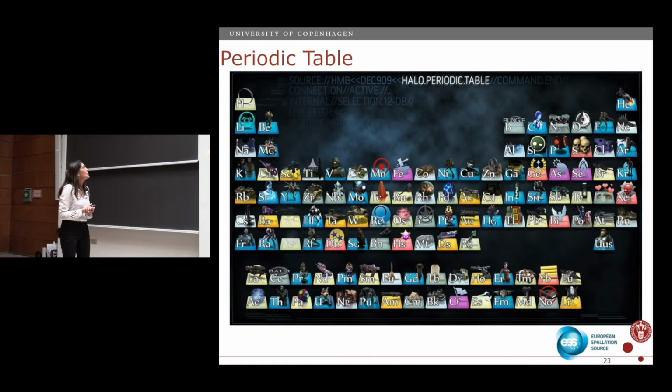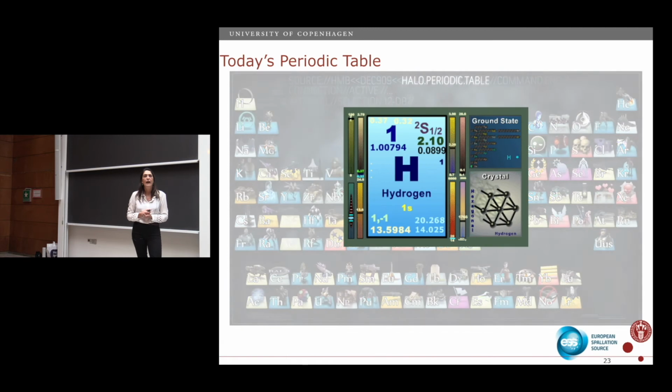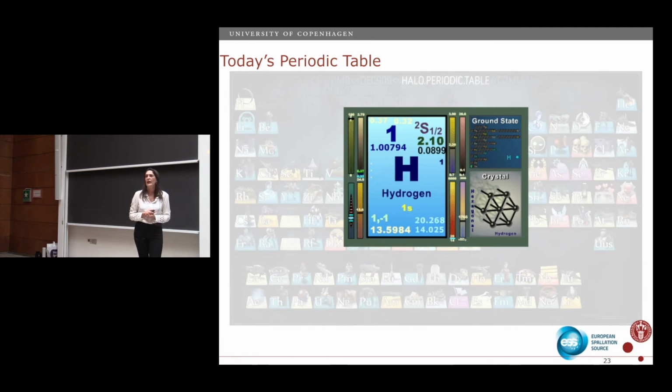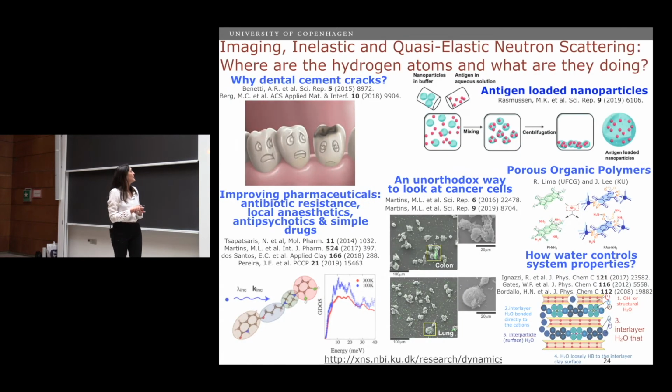Okay. So then I just want to take a step back to tell you a little bit of what I do and tell you why I'm asking for help. So that is the periodic table, but I am a little bit simplistic. So my periodic table starts and stops at hydrogen.